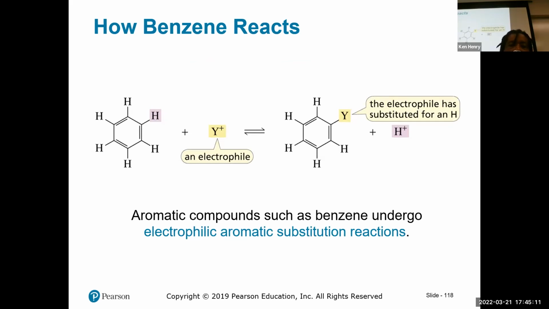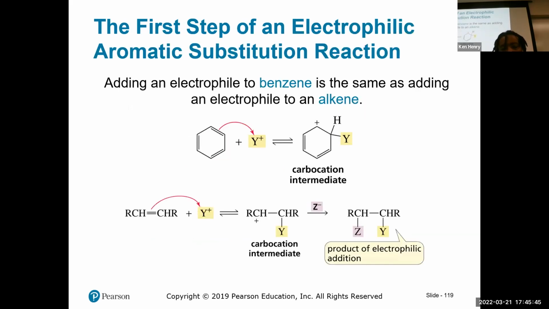Okay, so how benzene reacts. So here, this is going to be our electrophile. So in the case where we have an electrophile, we're able to substitute one of the hydrogens for that electrophile. Okay. So this would be called an aromatic substitution. Okay, so here we would get